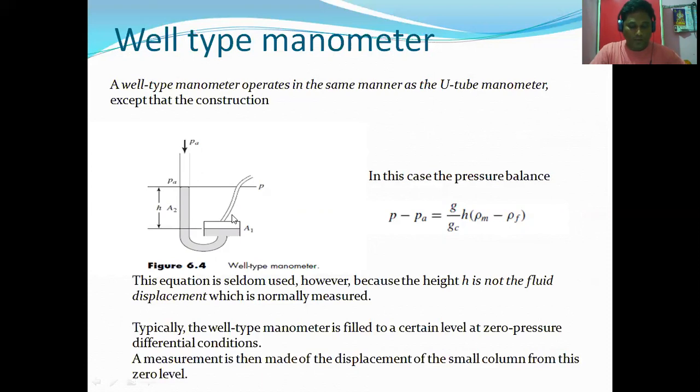So in the zero pressure differential condition, the measurement depends upon the displacement of the small column from the zero level. Designating this displacement by h dash, we have in the well-type manometer